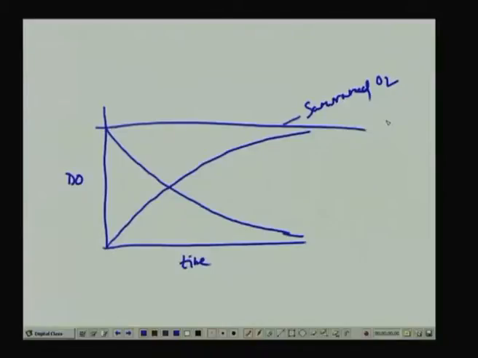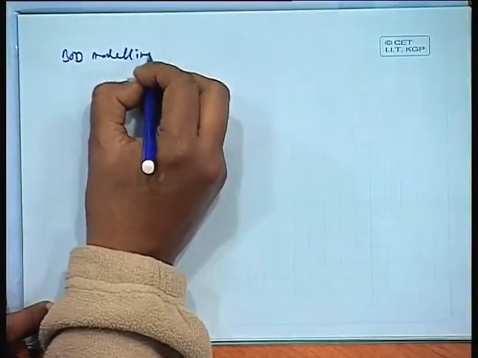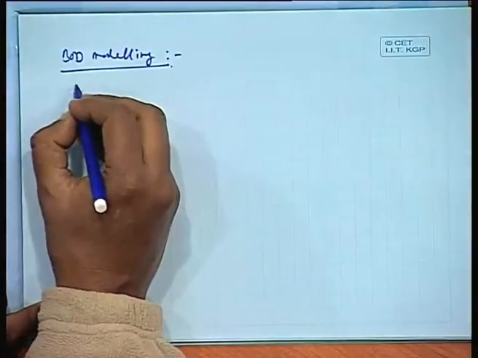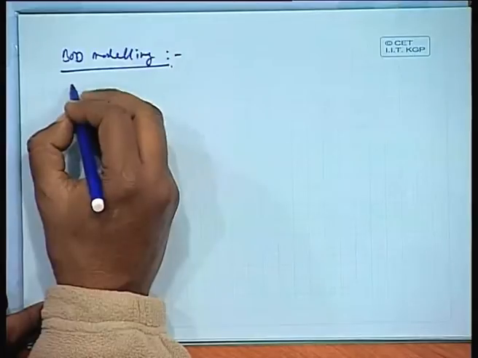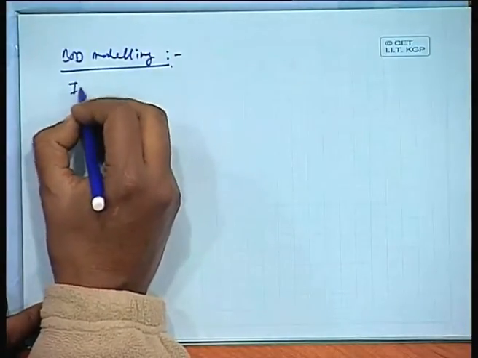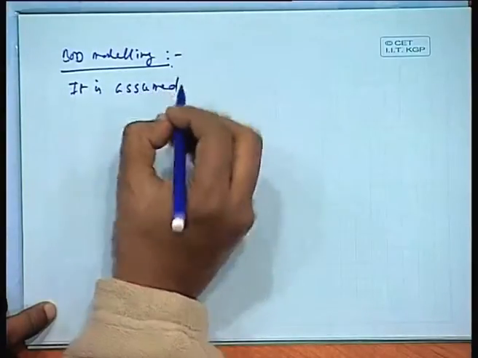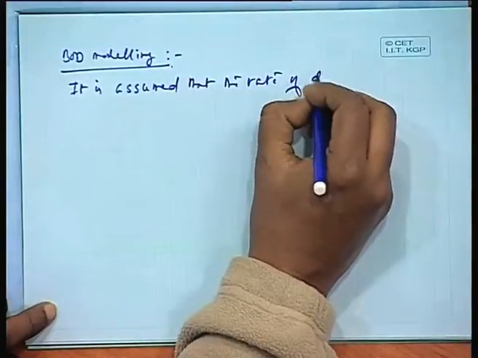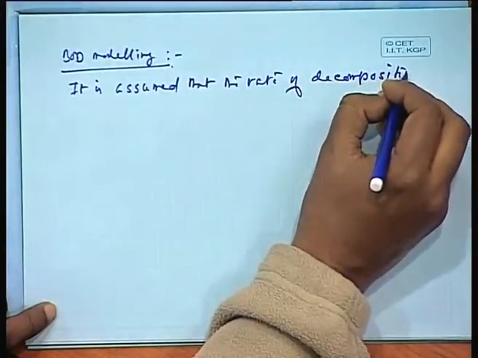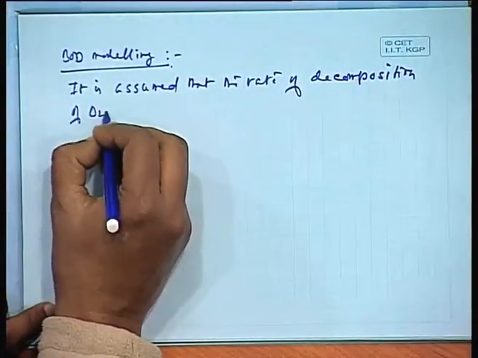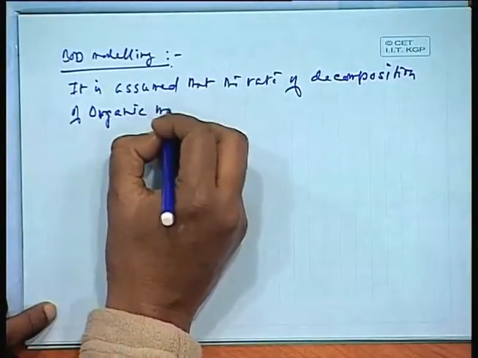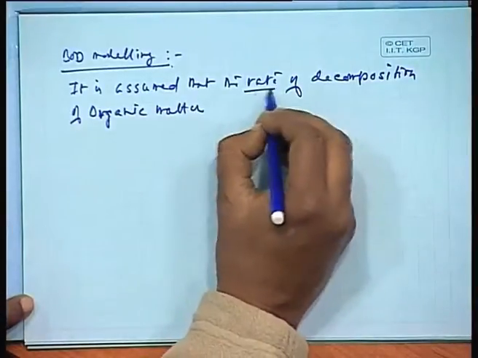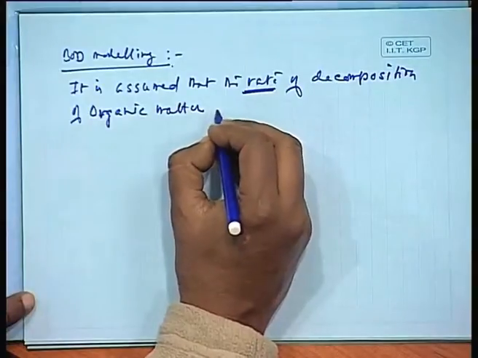If we take a breather from here, in the first case of BOD modeling, this is quite interesting to observe. This is first order reaction rate modeling. Generally, in first order modeling, it is assumed that the rate of decomposition of organic matter, remember this, the rate of decomposition of organic matter is proportional